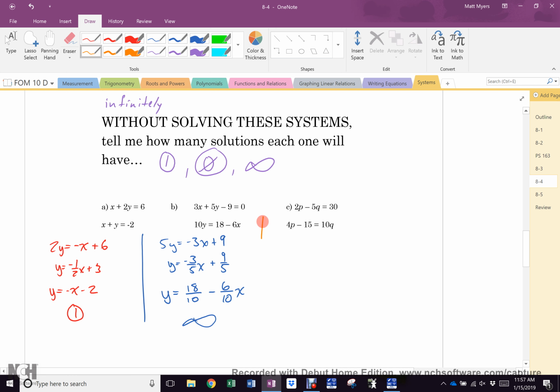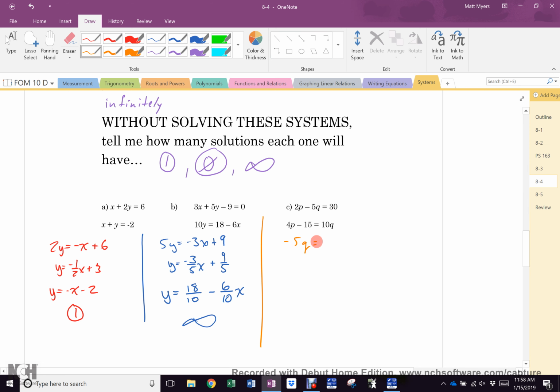And lastly, obviously it's going to be the 0 one, but the reason this causes problems for you people is it's no longer x and y. So how do you find slope? Isolate either of the letters, and that one becomes your y. Doesn't matter which one you use. So